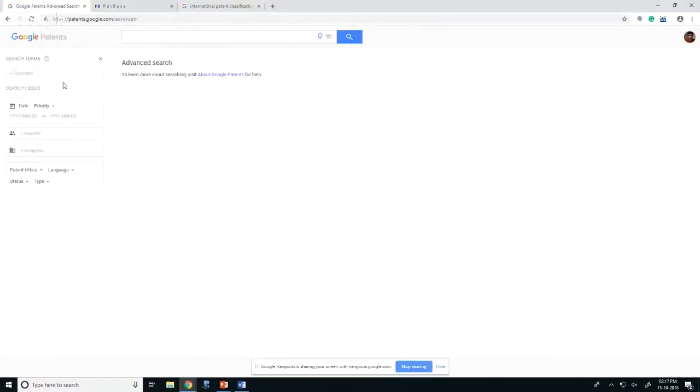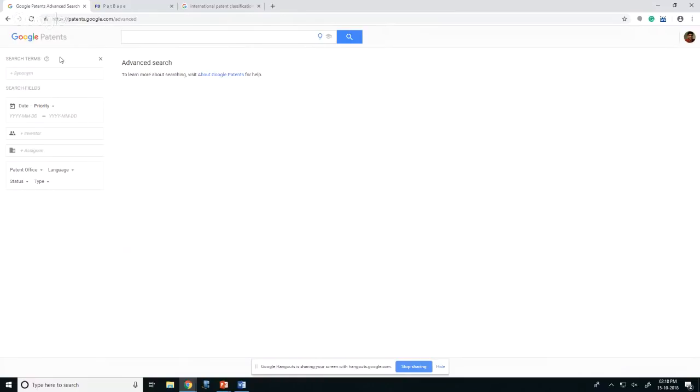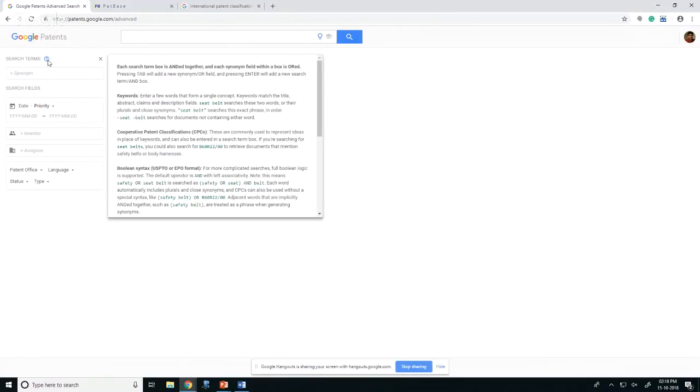Great. Okay, so let me briefly walk you through the search window that you'll be using on Google Patents. When you click on this question mark, I'm just taking a small detour before I explain the operators, on how to navigate the Google Patents database. When you're not sure how to go about using Google Patents, you click on this question mark,